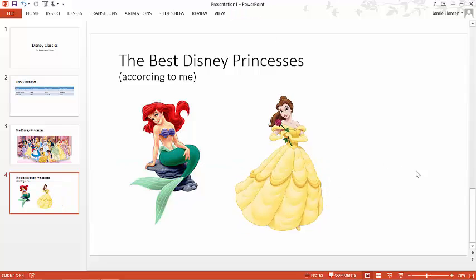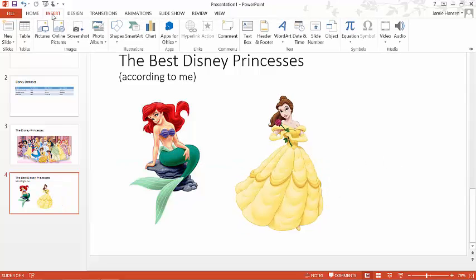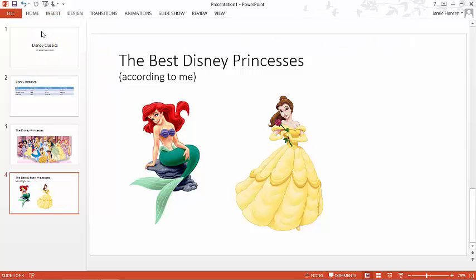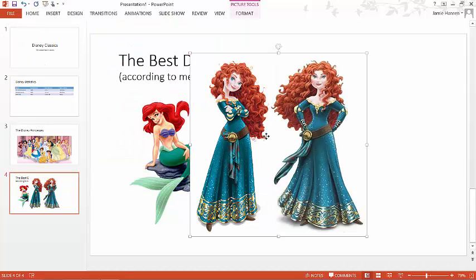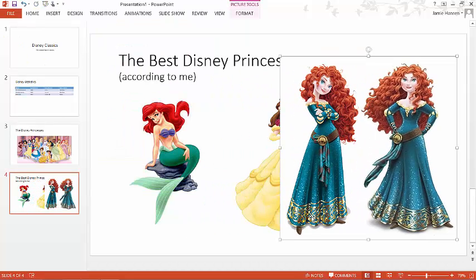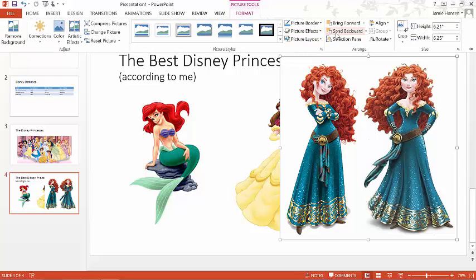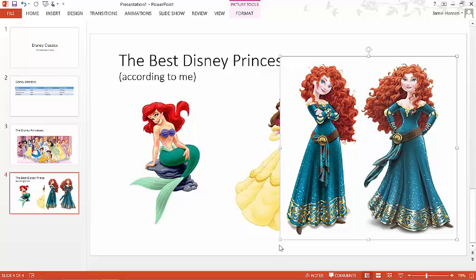And if you want, you can always add more. So I'm going to add another picture, and you can just do that in the Insert. You don't have to have it tell you there's a place for a picture. You can basically put your own in. And it's going to completely cover everything. However, I don't need two Meridas. However, Merida is amazing. So I'm just going to crop